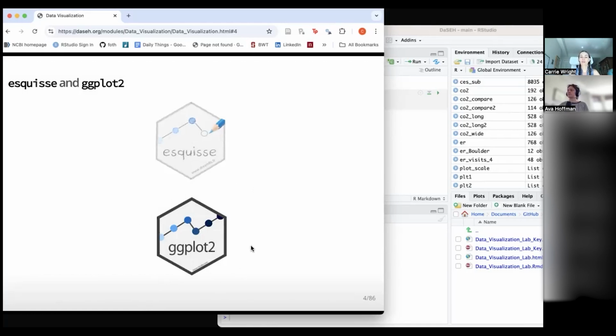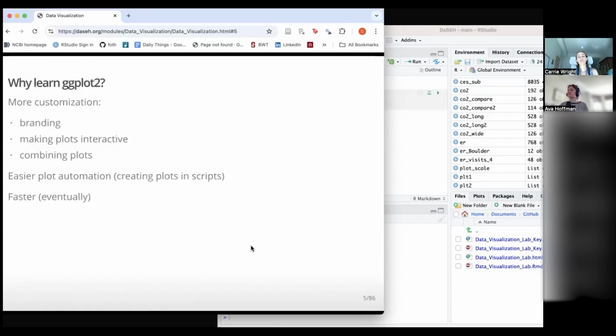And then today we're going to talk about ggplot2, which is when we're really making our plots and we're ready to refine them. So since you can do a lot with esquisse, why do you even need to learn about ggplot2? Well, sometimes we need to do additional customization, and we'll see that with more complicated data sets, things just won't be optimal for the data that we're working with,